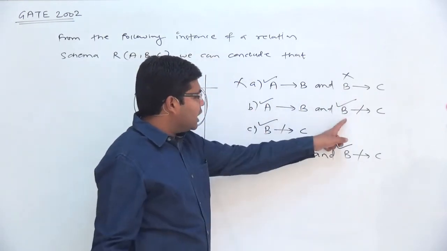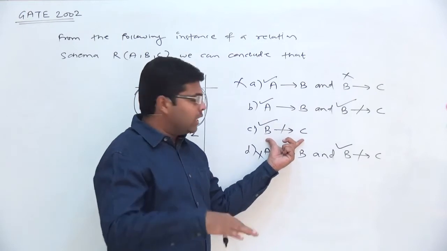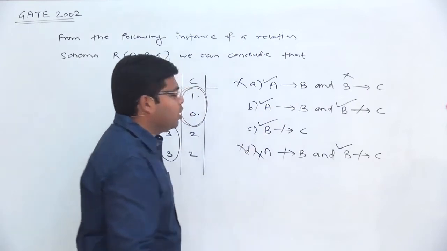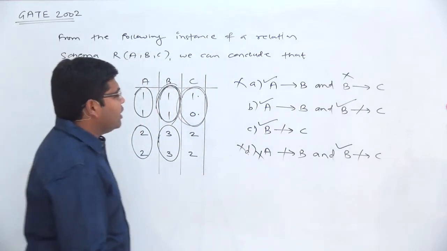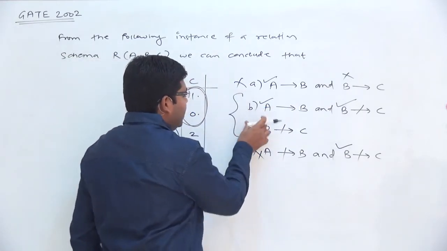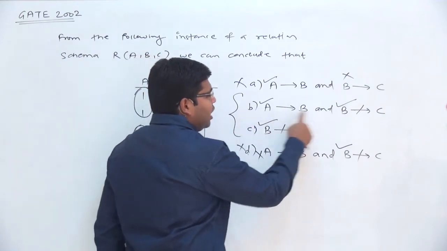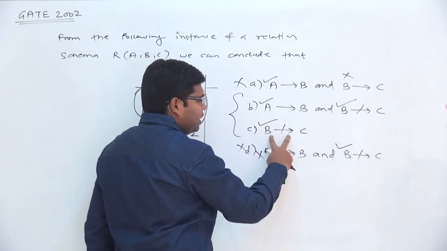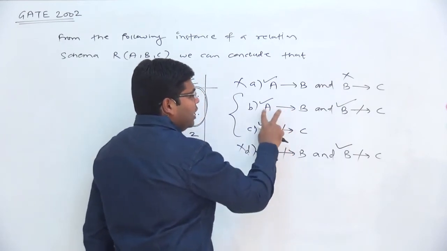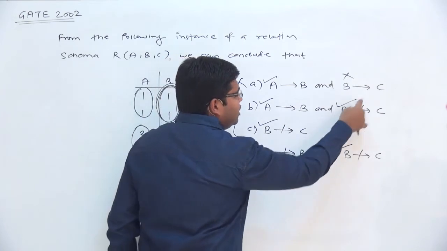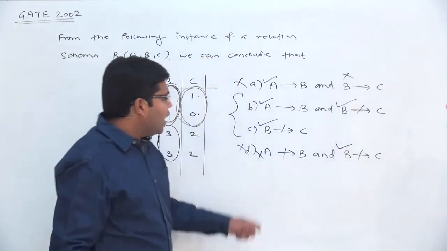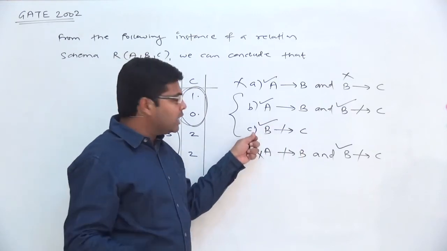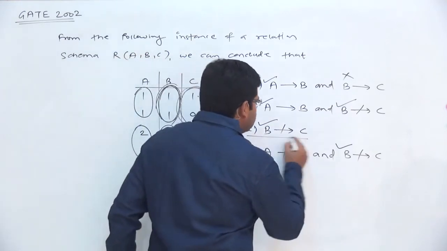Here both the statements are correct, here there is only one statement and that is correct, and in option D again one statement is correct, one is incorrect, therefore option D will also be wrong. And you can see we are left with 2 options, options B and option C. In option B there are 2 FDs, both of them are valid, and in option C there is one statement which is also valid. So here A gives B is a correct statement, B does not give C is also a correct statement. So what I will say here, there is nothing wrong in option C.